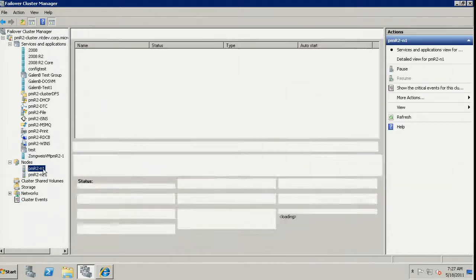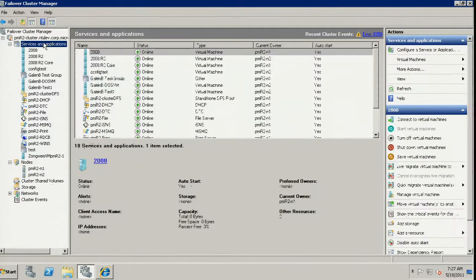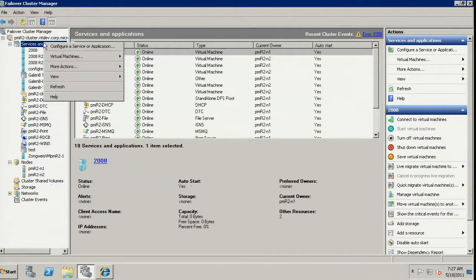So here I've got a pair of nodes. I've got some disks, which I've enabled for clusters with CSV, and I'm going to talk about CSV a little bit later. But this enables all nodes to see all disks. And so if I want to configure a virtual machine for high availability, it's totally integrated into our UI. So we've really tried to provide this platform for the private cloud and done some tight integration between our UI and virtualization. So within the Failover Cluster Snap-in, I can simply go virtual machines, and I can say new virtual machine,